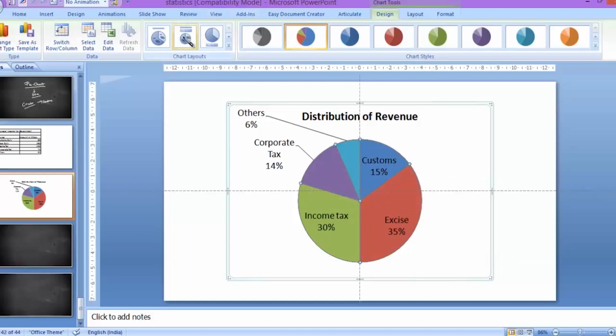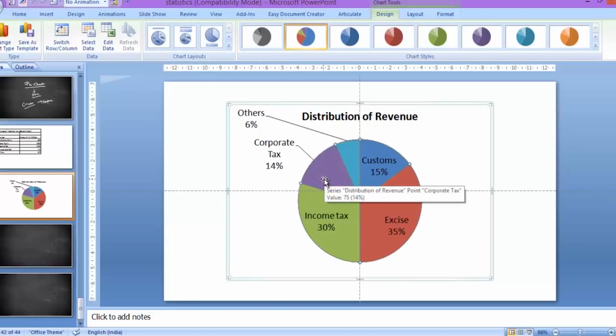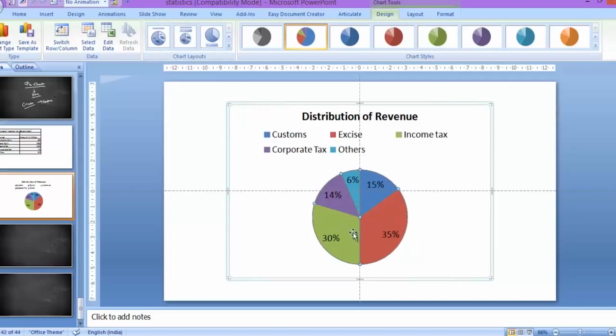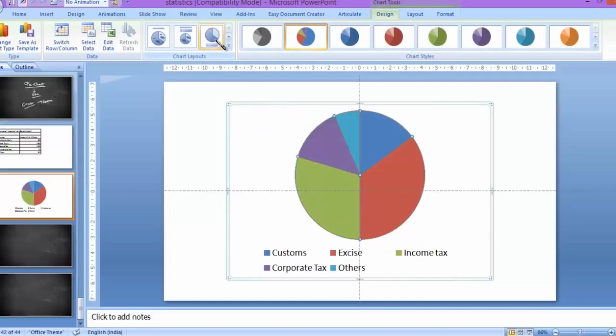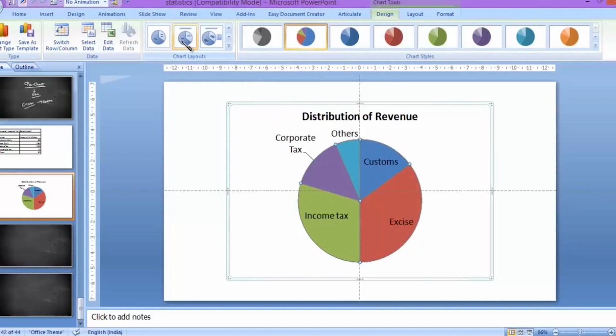If you go for the second model, here again you get the percentage, and of course you also get these labels. In this model you lose the separate identity of the labels, but they are part of the chart, whereas in the earlier one the labels are available separately. In the third, you don't have any percentages. In the fourth, you have the values but not percentages. The fifth model has no percentage, just the values.